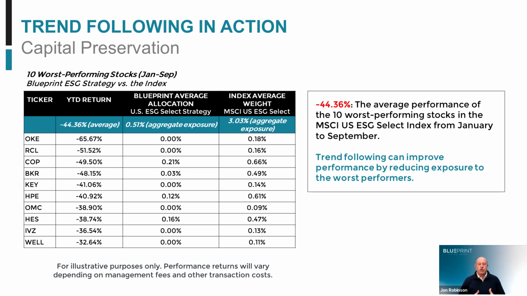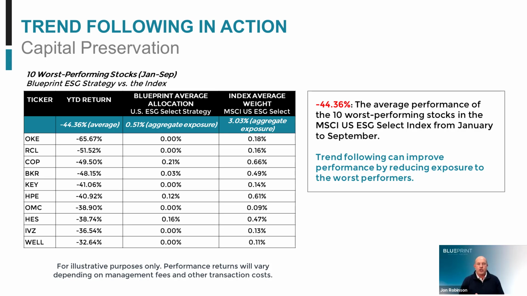So in doing that, in reducing exposure to these poor performers and then redeploying or reallocating back to the better performers, you get an opportunity to see how trend following allows you to preserve capital. And so we wanted to take a real-time example of some portfolio holdings just to demonstrate to you how this works. So on the screen here in this table, you see the 10 worst performing stocks in the